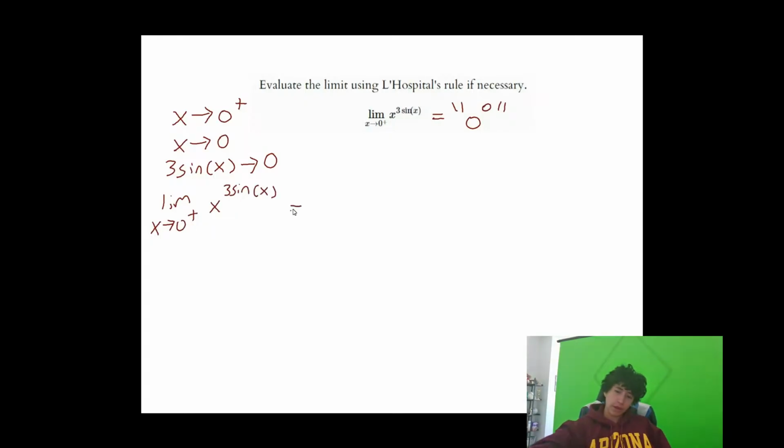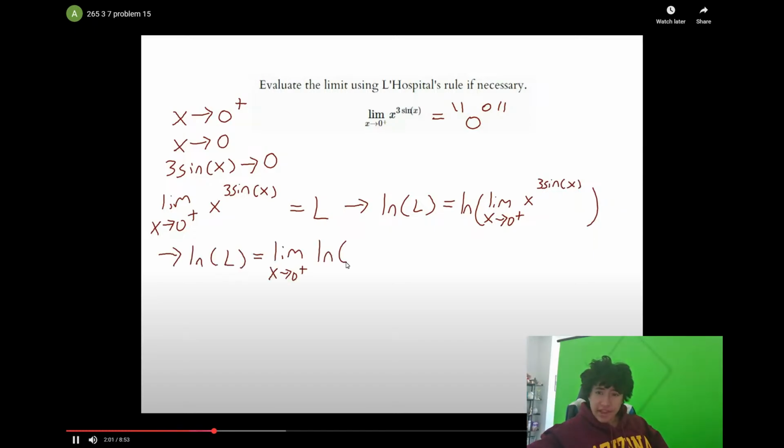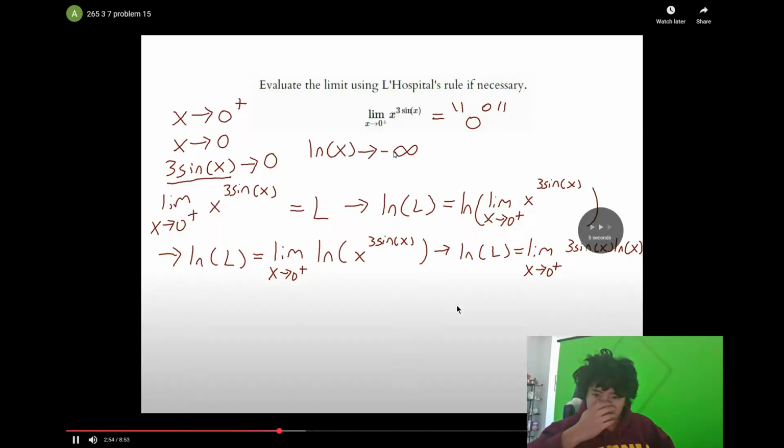So yeah, you apply the natural logarithm to both sides, and then you can take out the 3 sine of x. Oh yeah, so you put it inside. And what did you do here? You took out the 3 sine of x, you substitute natural logarithm of x. Yeah, you can do that. So you've simply simplified. You've not applied